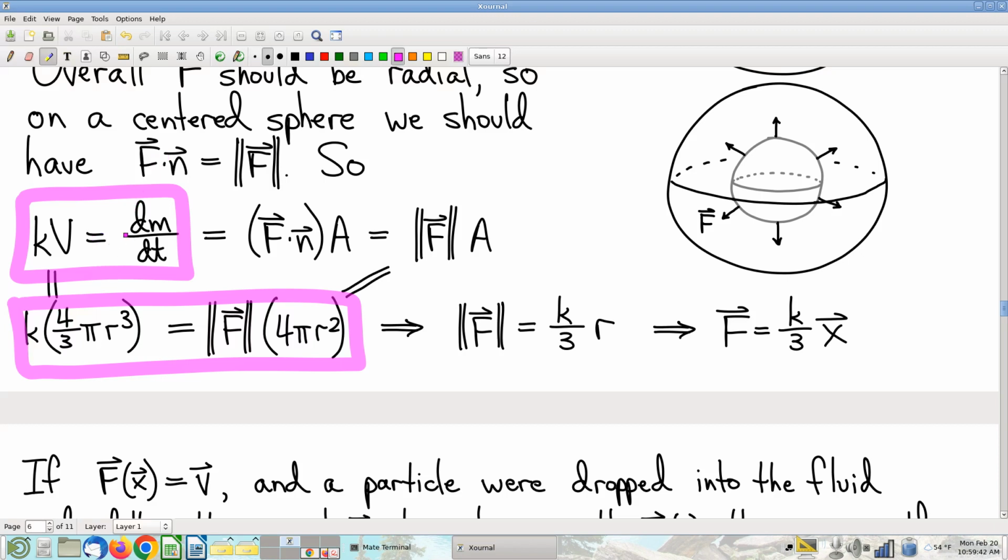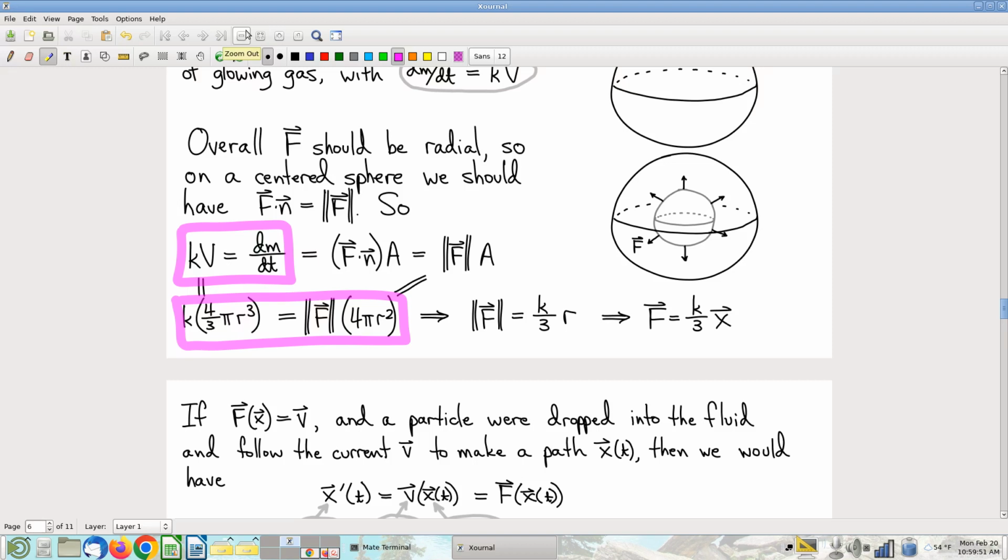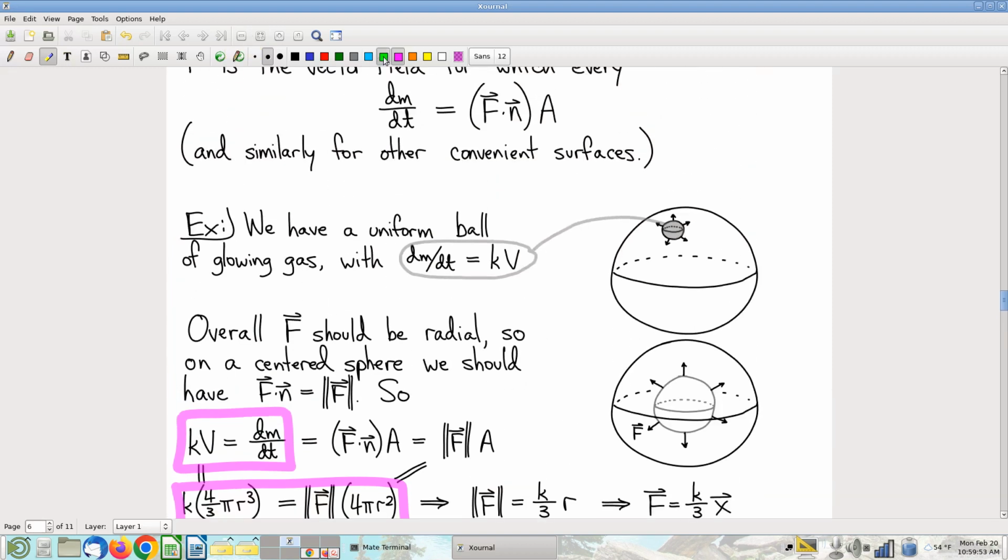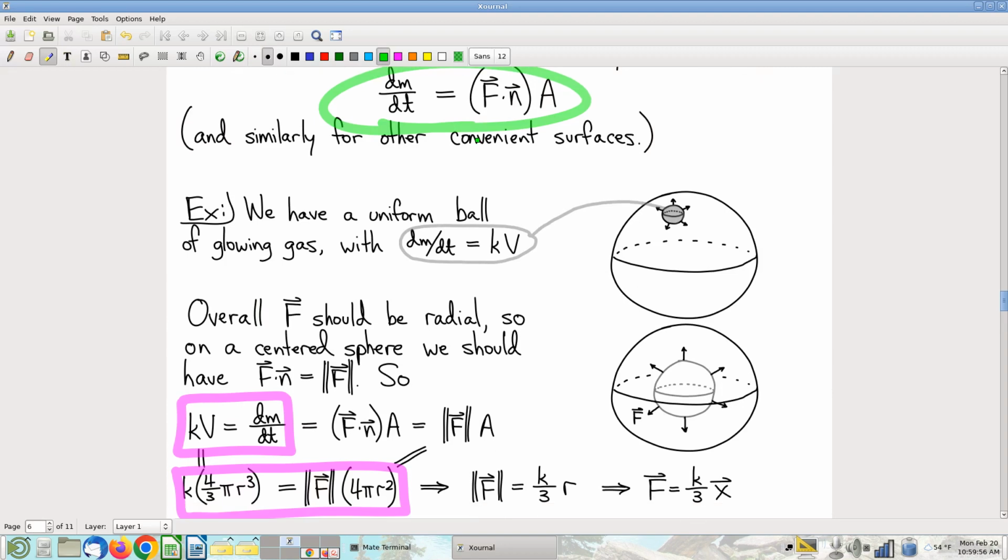I claim that this equation is going to turn into this equation, and so that's just to let you know where we're going. And now how to get there, well, don't forget, first thing, that we have this formula here, defining the vector field. What do we mean by a vector field representing whatever weirdo flow of photons this is? Well, I mean that dm dt needs to be computed with this formula for flux. The vector field has to fit this formula for flux. That's its job. So I need that to be true. Next, don't forget, we've already agreed that F dot n is just the magnitude of F.